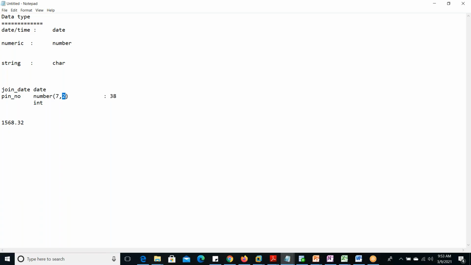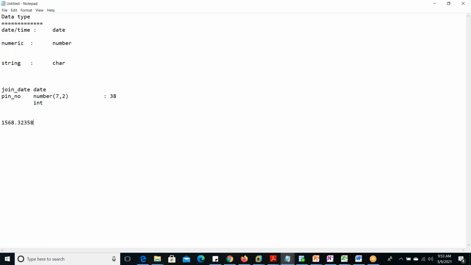And this is the right side. The number mentioned there is how many digits it will allow for the decimal values. 2 is mentioned, so only 2 it will allow. Suppose we are giving 3, 5, then it will not allow. 2 we have mentioned here for this column. So the first 2 only it will take, the other digits it will ignore. Even if 7 digits are given, since we have mentioned only 2 digits for the decimal value, it will ignore the rest.